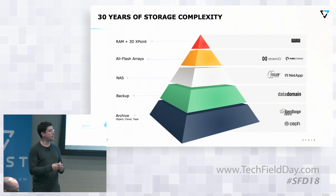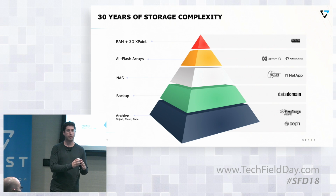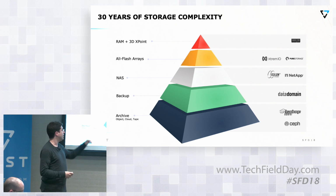And we asked them, what does storage look like in your data center today? And what are your pain points? How would you like it to look? All of them, without exception, described this pyramid, which you all know well. Very high performance, very expensive, relatively small systems up top, and the opposite goes down as you get to backup